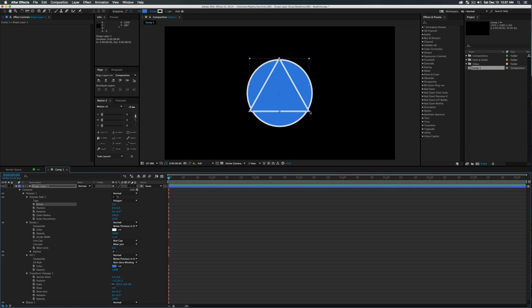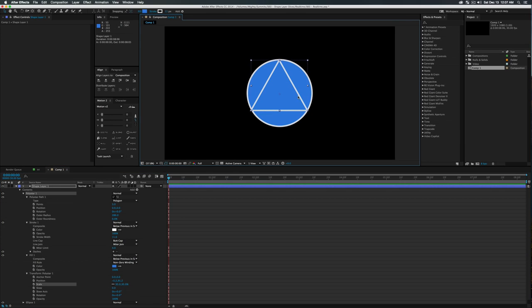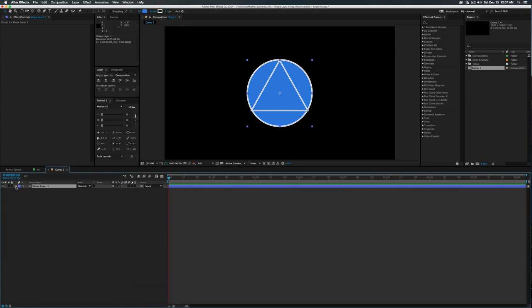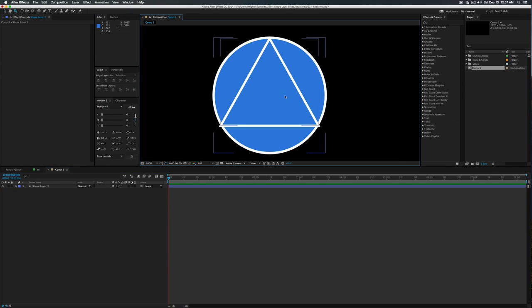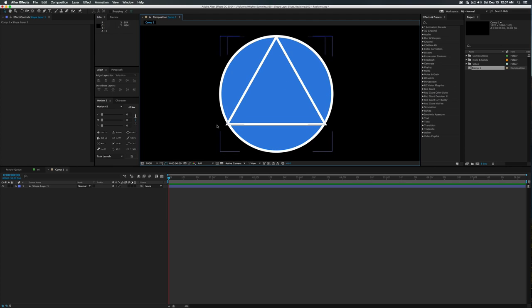I might go ahead and just scale down this triangle a little bit, holding Shift, and it doesn't have to be perfect, but you want it generally in the center of your circle and basically the same size as the radius or the diameter of that circle. So with that all created, this is looking pretty good. We have a nice symbol, and we're going to use this as a guide to actually simulate the cuts